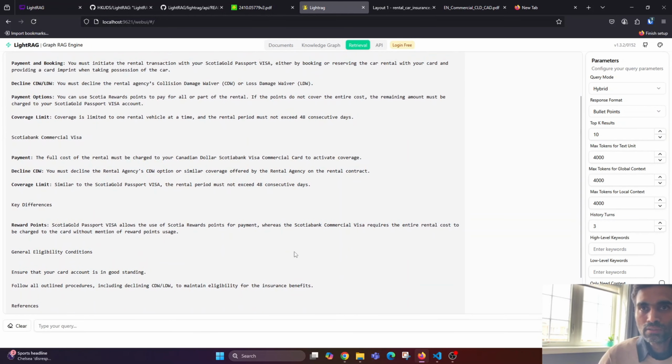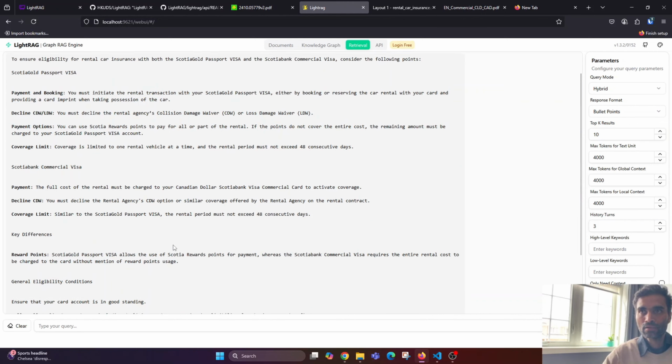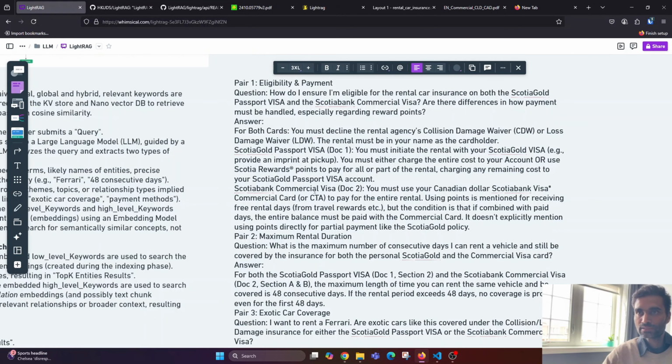Okay, so the key differences: Scotia allows using Scotia reward points for payment, whereas the Scotia commercial card requires the entire rental cost to be charged to the card without mentioning reward points usage. Okay, so now if you go to the answer,